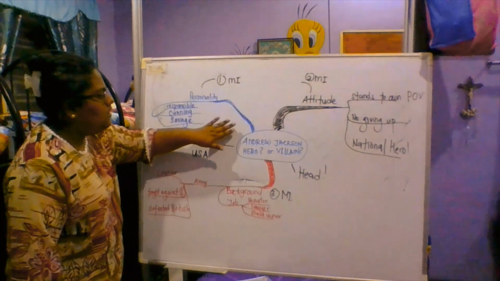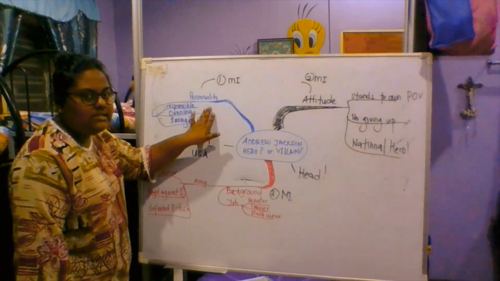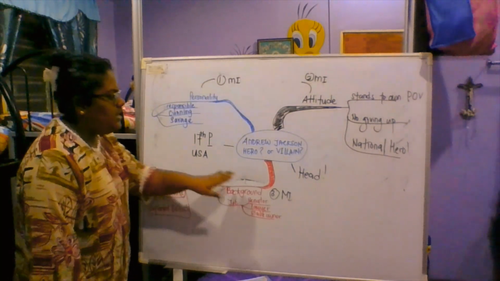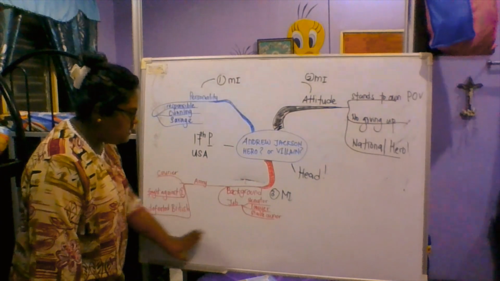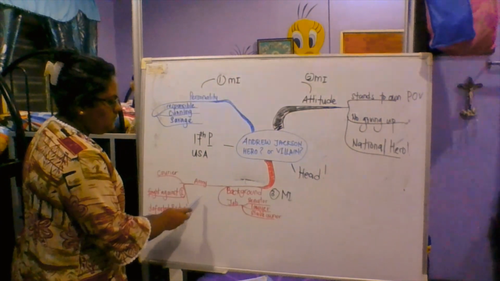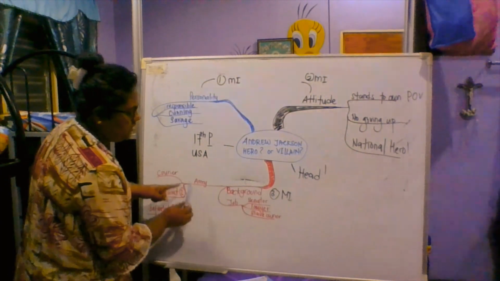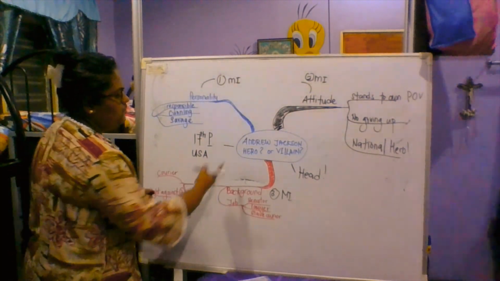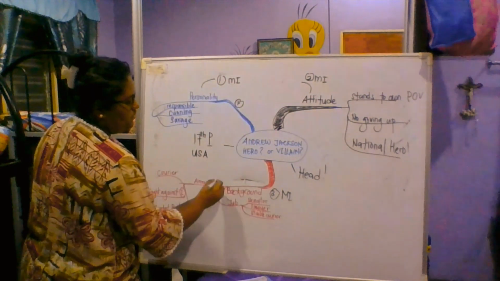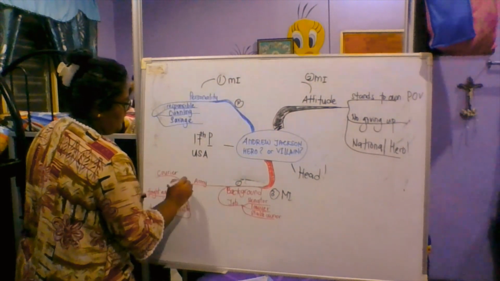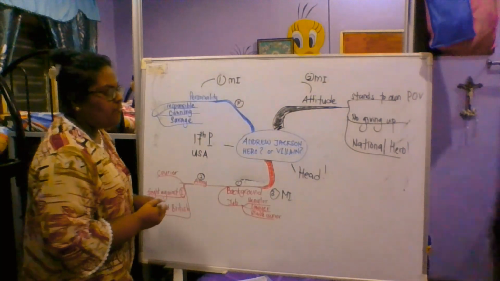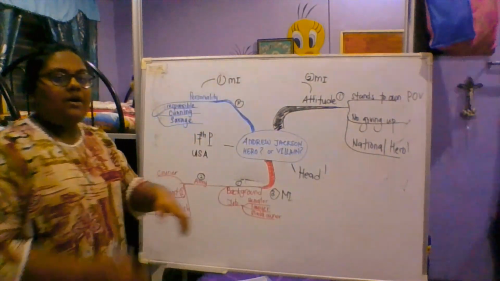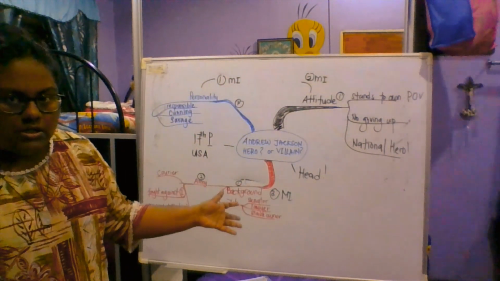So now when the blue comes over here, it starts to branch out even more. It branches out into three. And here, if you can see, this is the red one. It branches out into two. It first branches out into two, and then into three. Can you understand? Okay. So this one only branches to one. This one branches to two because you see one here and two here. And then this guy only branches one. Okay, so this is how you actually expand your knowledge or expand your notes.